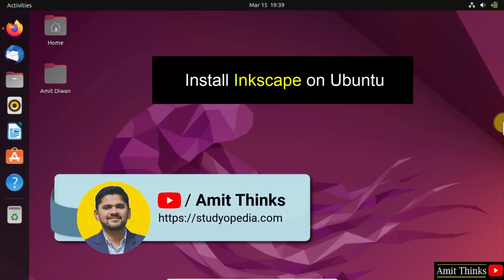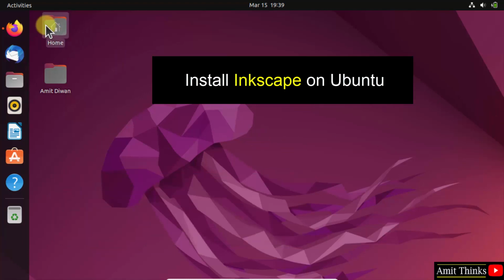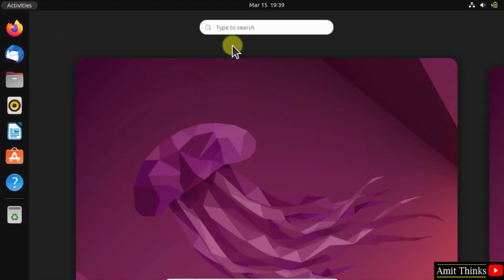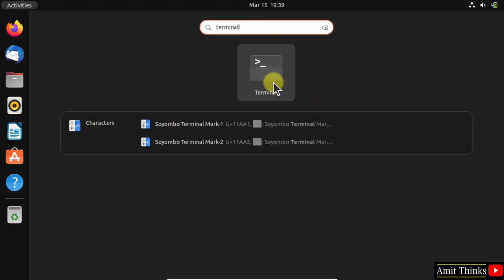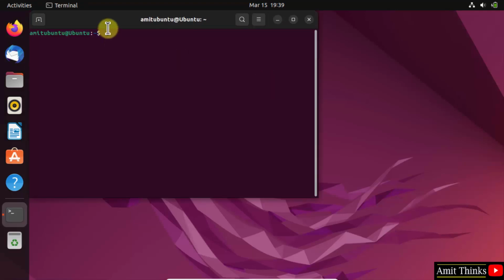In this video we will learn how to install Inkscape on Ubuntu. For that, go to Activities, click on it. Here and type terminal. Click on it to open. On opening,